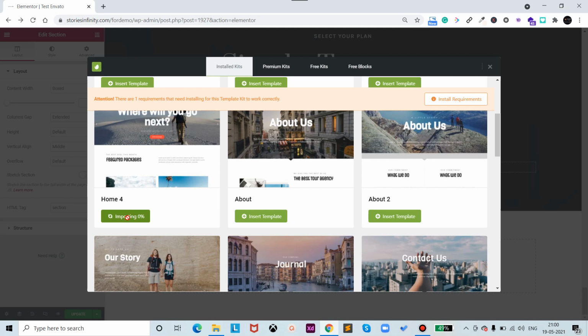The only thing to observe here is, as our template divides into particular sections, the sections inside this template which use Elementor Pro will be disabled. The other sections can be inserted into your website. This is an added advantage with Envato Elements. One more added advantage is, let's say you are running an e-commerce store. You have a pricing table like subscription plans, monthly, yearly. You have designed the complete website, but you want to insert a pricing table somewhere inside your website. For that you can go to free blocks.